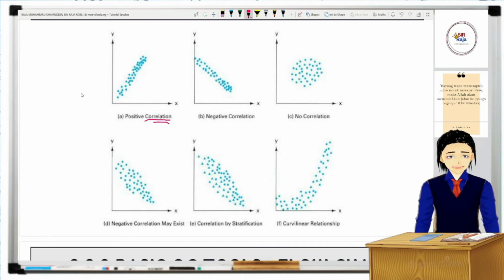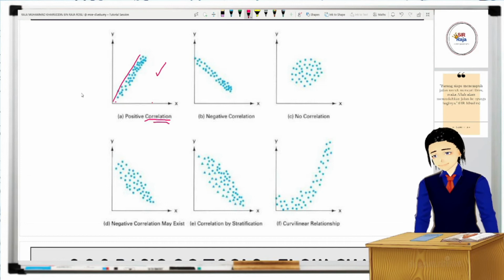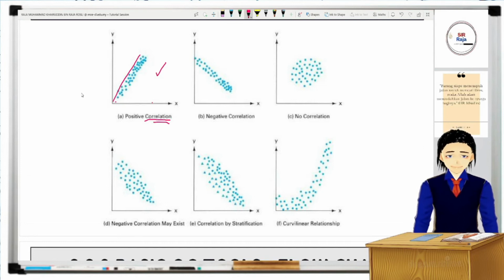Positive correlation means that X and Y are positive. Maksudnya dia, kalau kita buat relationship, dia ada. Kita boleh kata kita ada relationship. So this can be used as your proof. Nampak ada correlation. And you can apply to other measurements later on, to other values. And then this is negative correlation. So it still has correlation, not that negative,